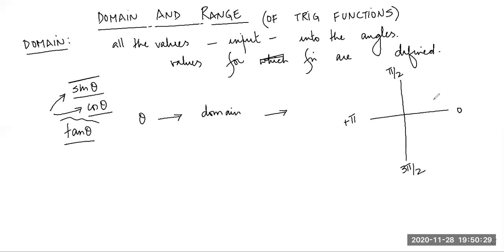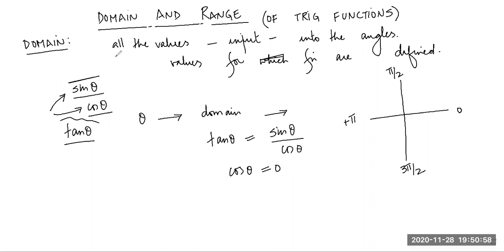Tan theta can be defined for all the values of theta except the values where cos theta is 0. Tan theta is equal to sine theta by cos theta. Whenever cos theta is 0,